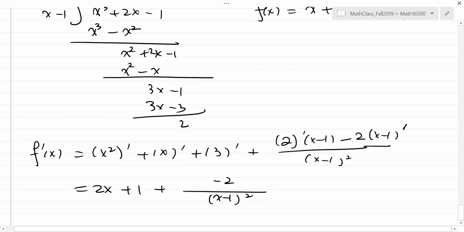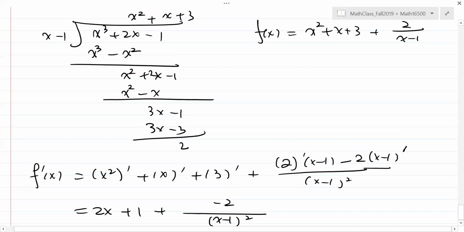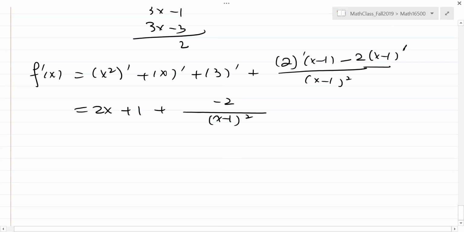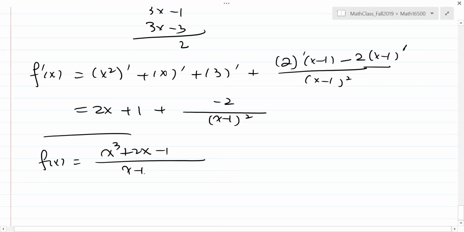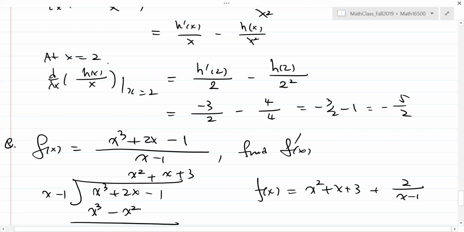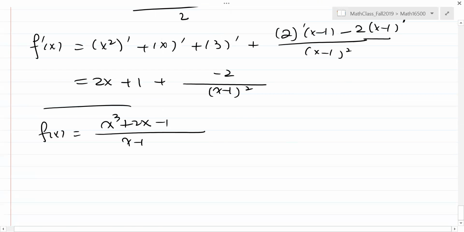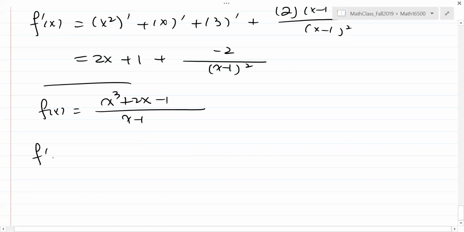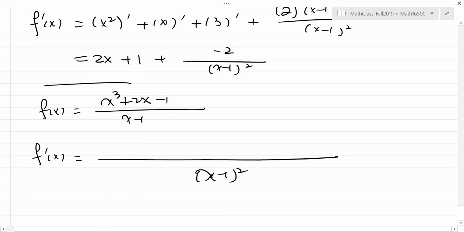If you don't want to simplify it first, you still can do the computation. No problem. You can try it again and see how complicated it is. x cubed plus 2x minus 1 over x minus 1, that's my original function. We differentiate using the quotient rule. So you get x minus 1 squared in the denominator, then x minus 1 times the derivative of x cubed plus 2x minus 1,